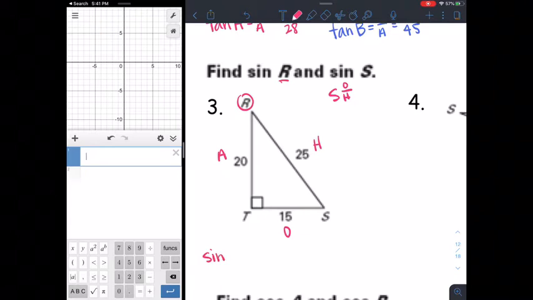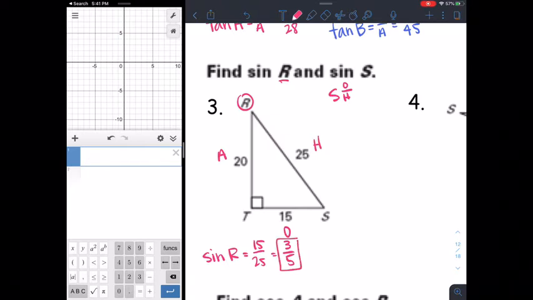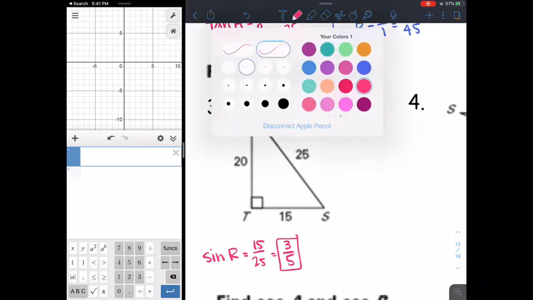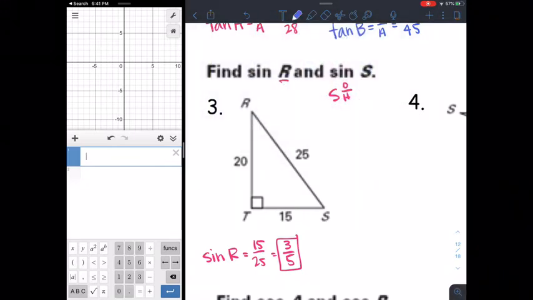So if I want the sine ratio for angle R, this will be my opposite, 15, over my hypotenuse, 25, which will then simplify down by 5s to 3 to 5. Always simplify it down. And then I'm going to go ahead and get rid of that. If I now want to look at angle S,